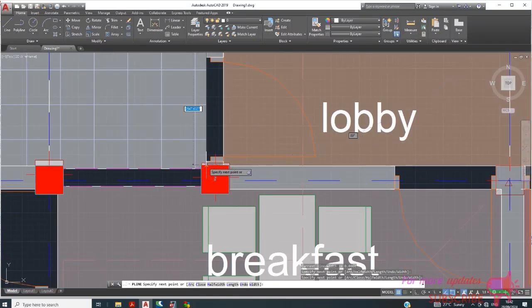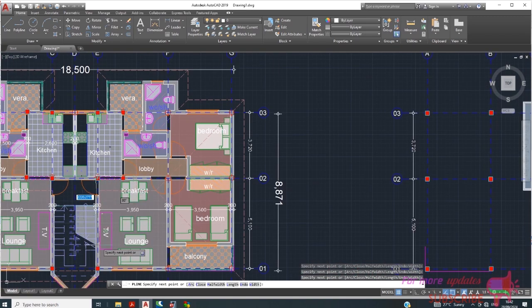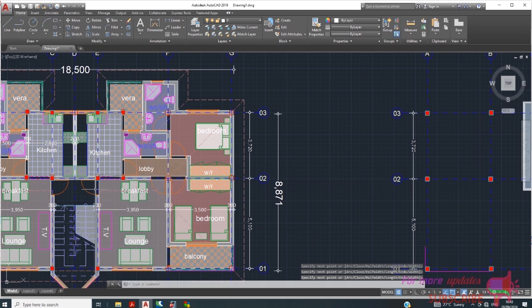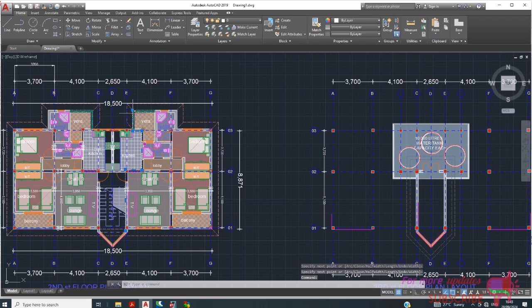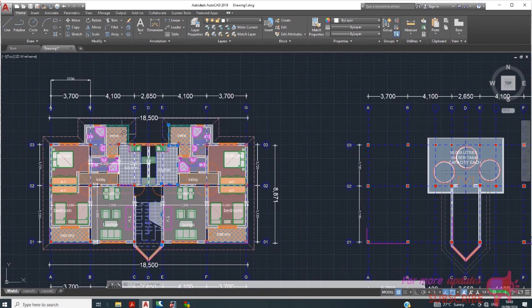If you draw this polyline, you will realize that... so let me just draw the polyline so that you can understand what I'm trying to say. Back to this point, enter. So if I pick this polyline, you can see this building going this way is similar to